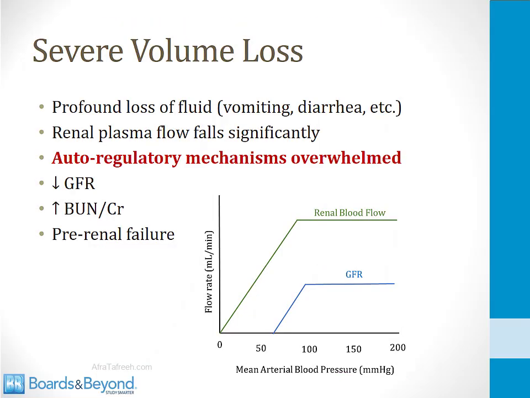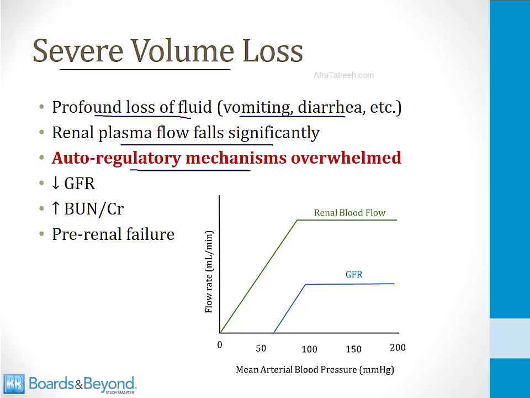I'll finish with this slide and discuss severe volume loss. So severe volume loss occurs when patients have a profound loss of fluid, for example, vomiting and diarrhea or massive hemorrhage. In this situation, the blood pressure gets very low and the renal plasma flow falls significantly. And you need to be aware that when there's significant volume loss, the autoregulatory mechanisms are overwhelmed. All those autoregulatory mechanisms basically are designed to work within a range of normal blood pressures like you experience throughout a normal day. They're not going to work if you have a massive hemorrhage and are in a state of